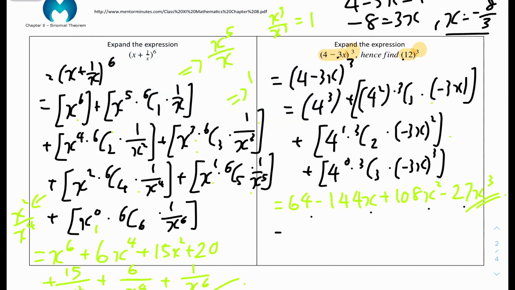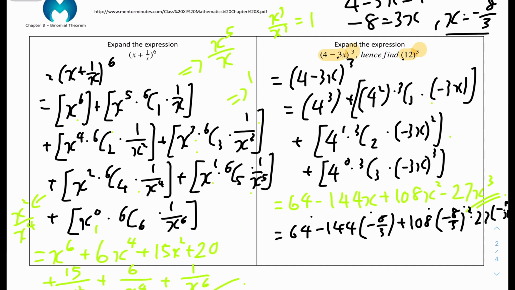So if you do 64 minus 144 times minus 8 over 3, plus 108 times minus 8 over 3 squared, minus 27 times minus 8 over 3 cubed. If you type it in your calculator, that will give us a value of